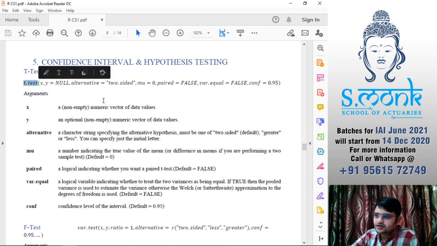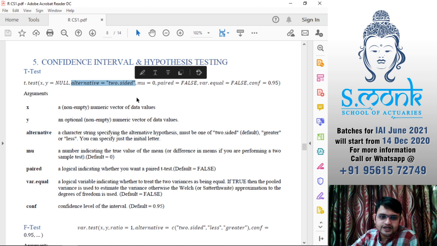For the t-test, the function is t.test. Then we specify either x if we have only a single variable, or x and y if we have two variables. Write them as vectors. Then alternative is important: whether your test is single sided or double sided, that is our alternative.